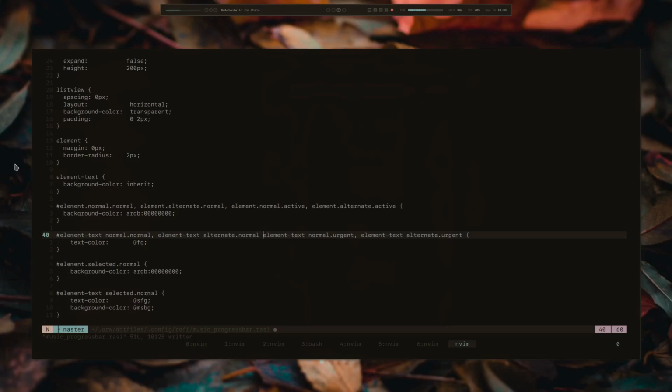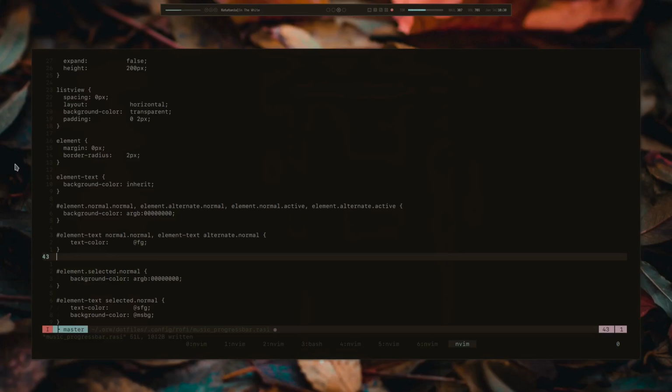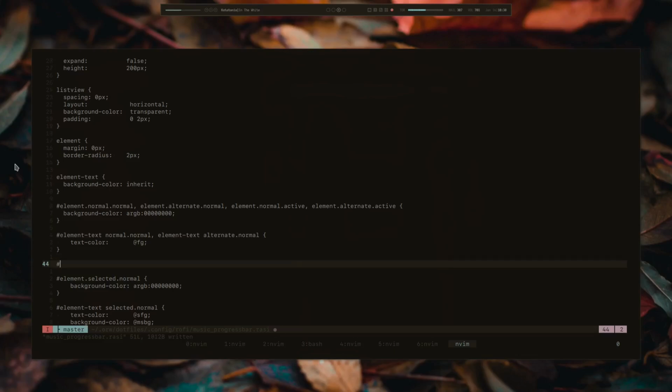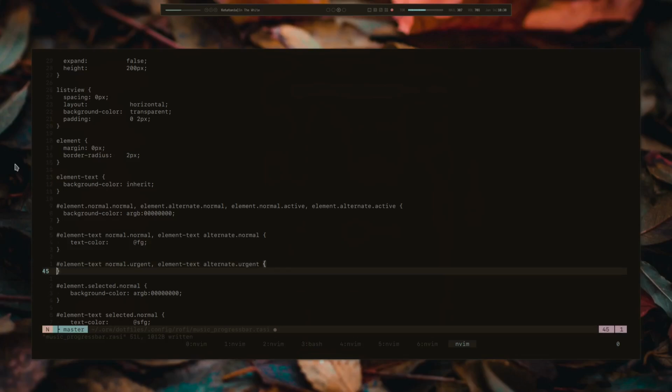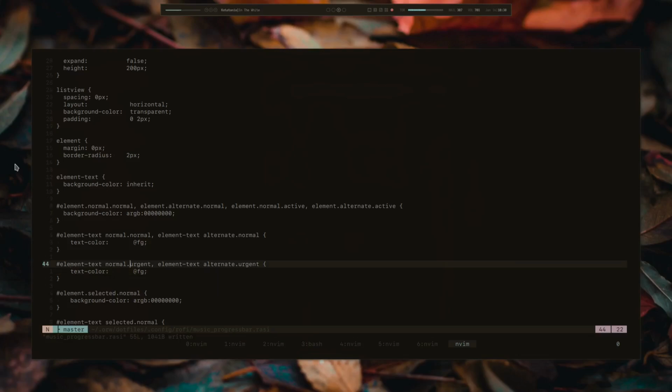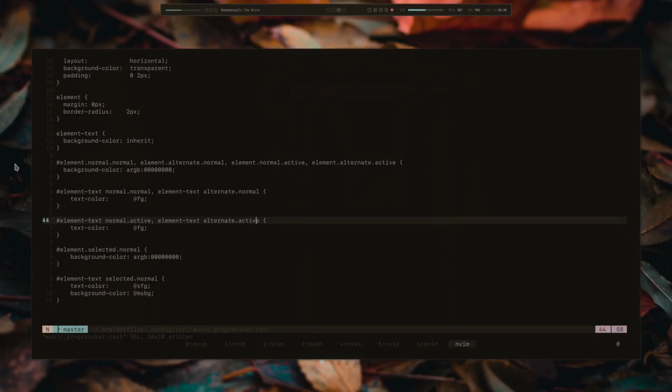I will do it like this. Then let's go here and I'll put the hash. Now we can paste this. We can say text color, but we would like a different color for the elapsed part. And again, let's change urgent with the active. Go here. So in order to get the correct colors, let's take a look at